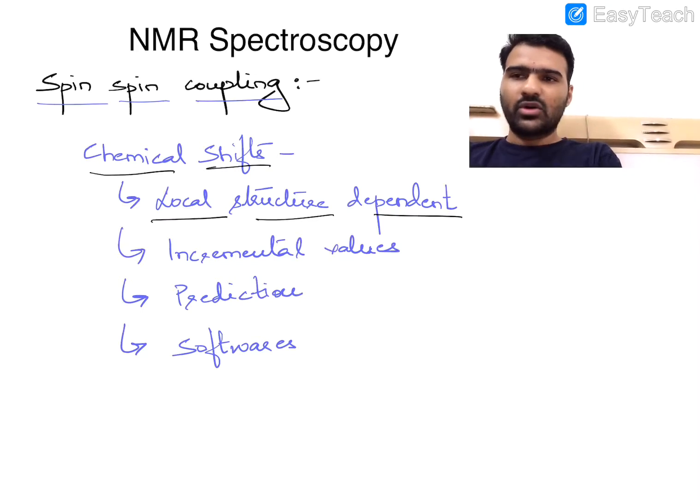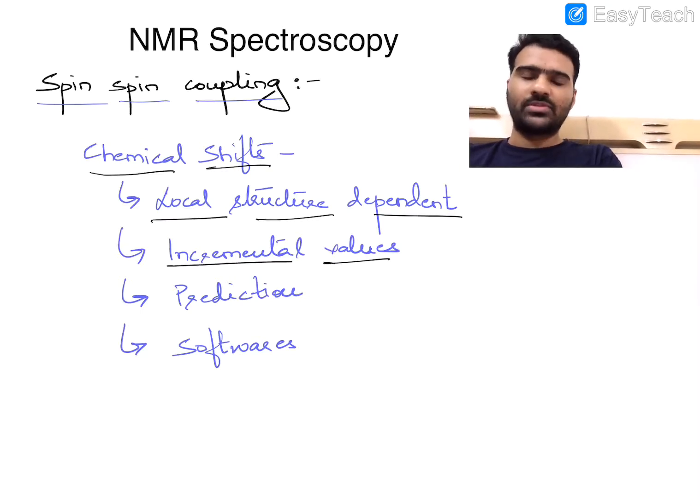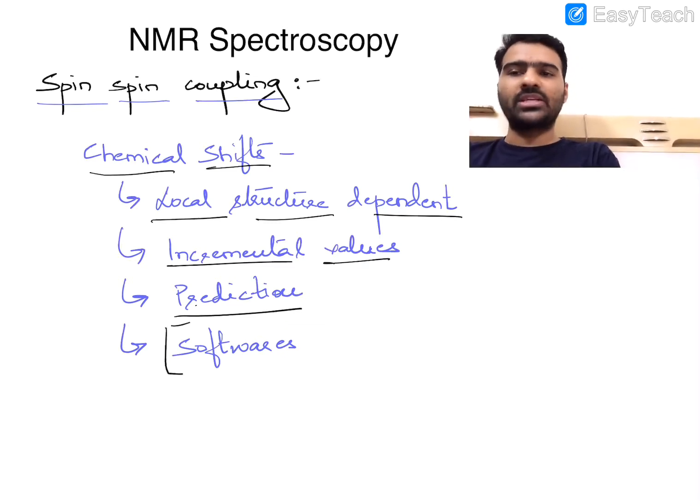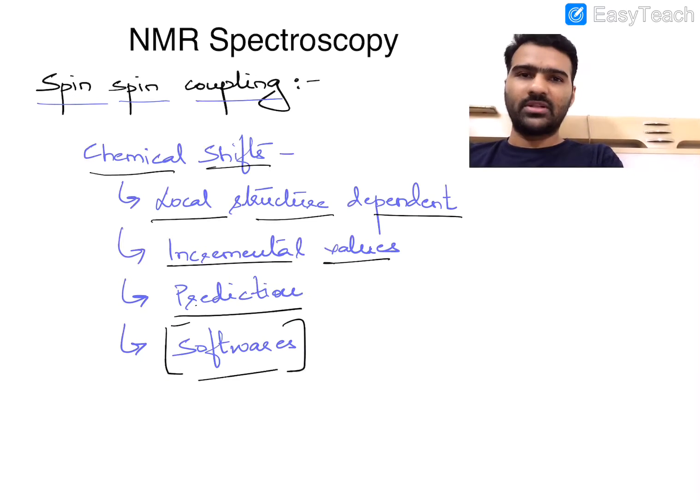And this helps us because you could go on giving incremental values based on the presence of certain groups in the substructure, and based on that you'll be able to make a prediction of what should be the chemical shift value for a certain nuclei when it is housed in a certain localized environment. And that's what helps in automation. Now there are many softwares available in literature which, when you input the structure of a chemical that you want an NMR spectra predicted of, will give you a predicted NMR spectrum with all the couplings involved, splittings involved, as well as the chemical shift values for various nuclei that are present in that particular